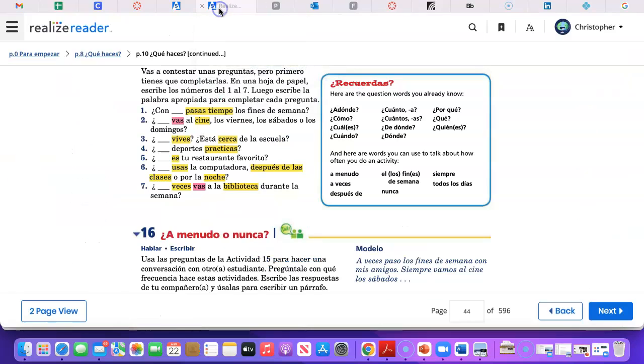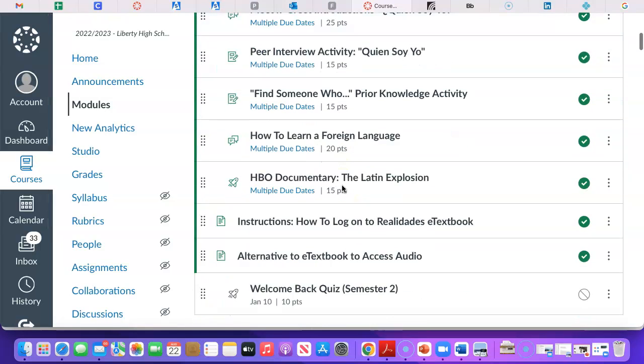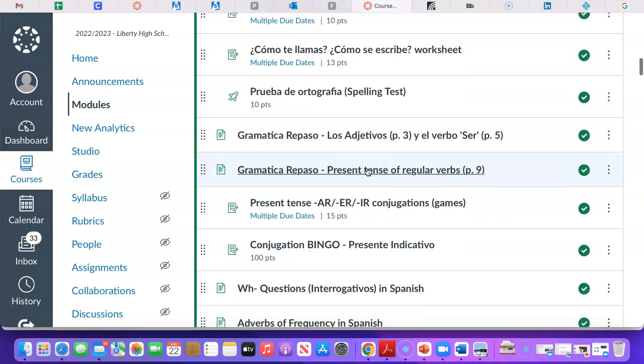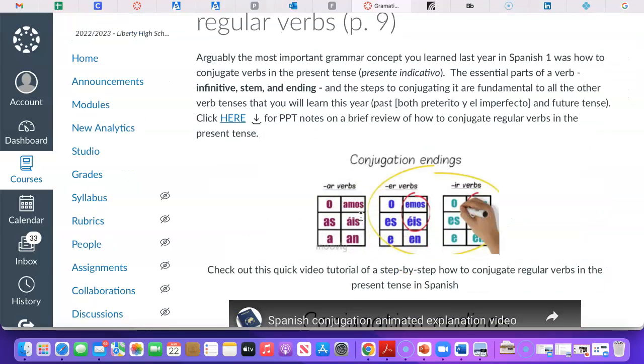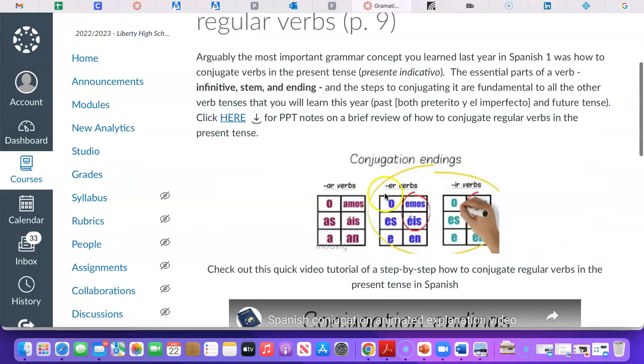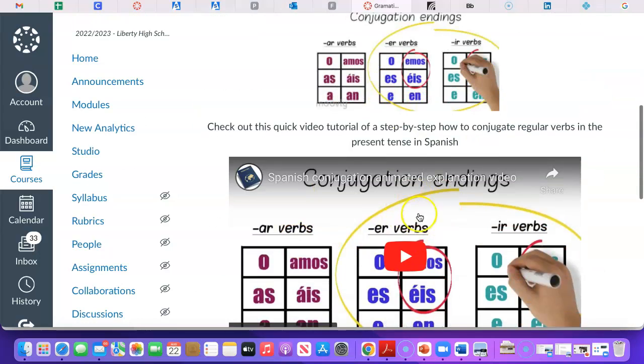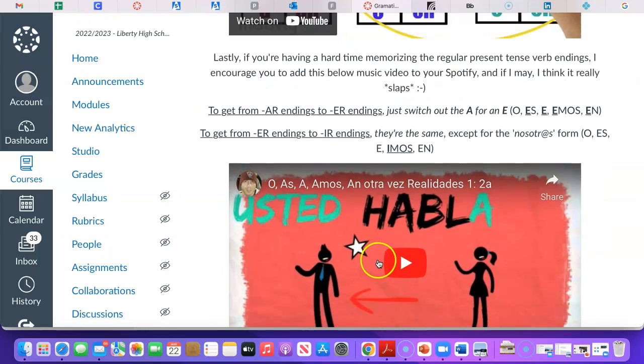Actually, rather than pulling it up, let me show you really quickly where you can find it in modules. You can find it here. Right? There are the endings right there. The PowerPoint that I shared with you is right there. The videos that we took a look at, all there, and even that song as well. But here are your IR endings. Similar to AR endings, remember we're just switching out the A for an E. But actually the yo form for AR, ER, and IR verbs is always going to be O. The ending for AR, ER, and IR verbs in the yo form is O, just like how we did for